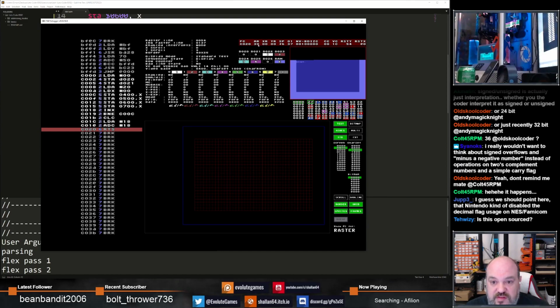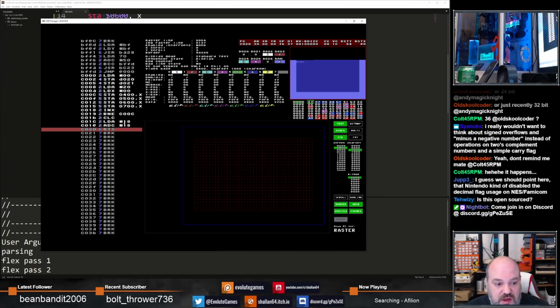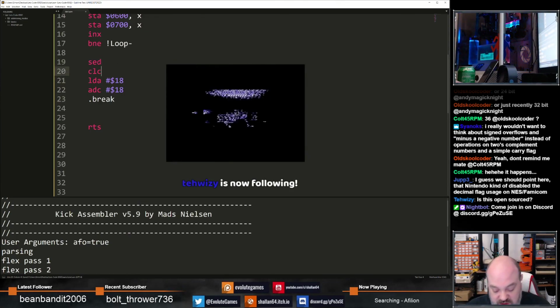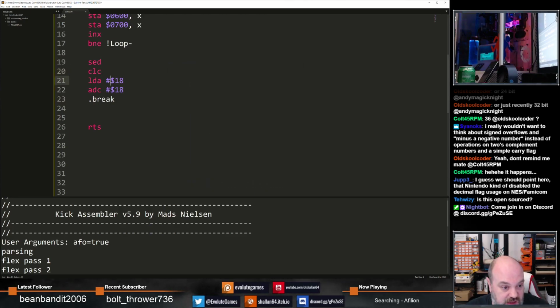And there you go, 3-0 in the accumulator, because we've taken 1-8 in hexadecimal, which is 24, and we've added another 24 to it, which is 48, which is 3-0 in hexadecimal. However, there is a decimal flag, and what this allows us to do is treat these numbers like decimal. You still supply them as hexadecimal in here, but internally the processor says, okay, this is actually 18. So internally it treats it as the number 18